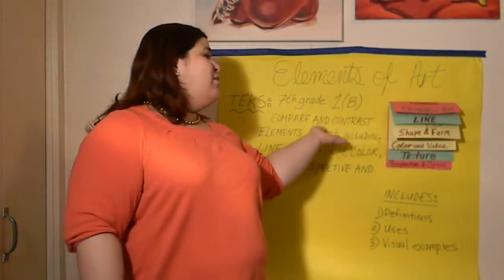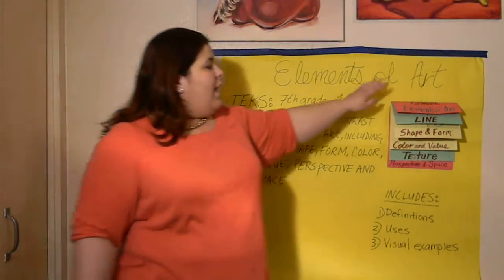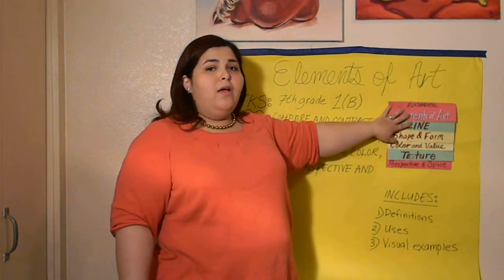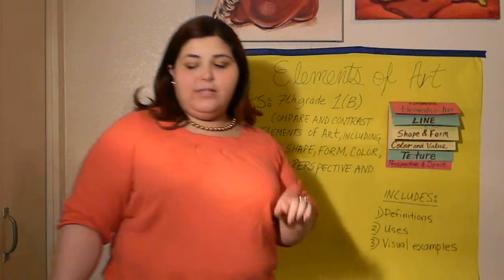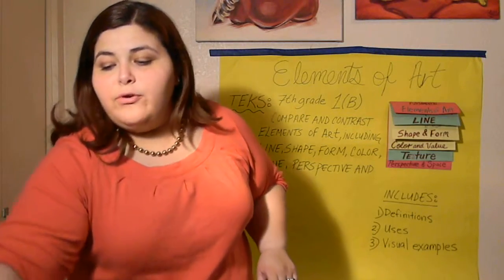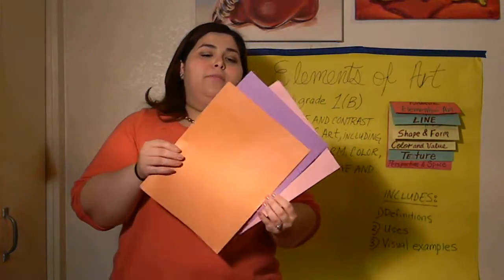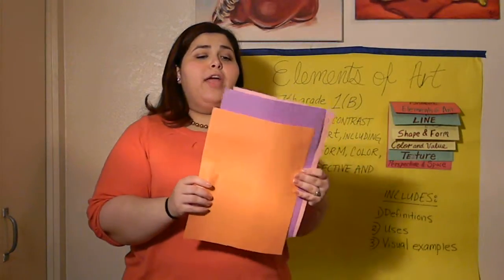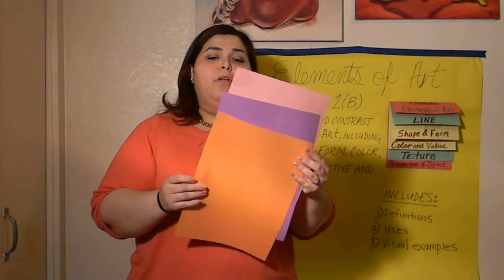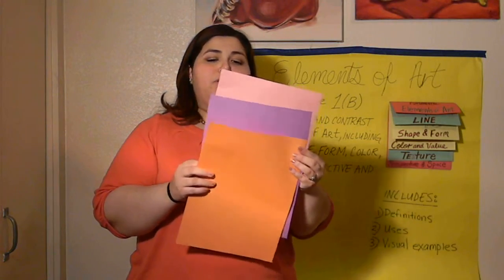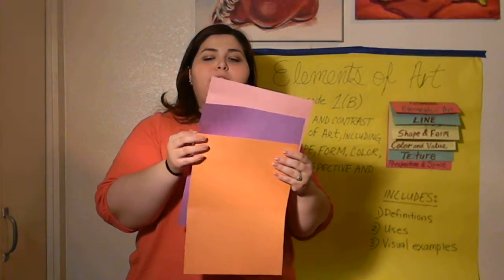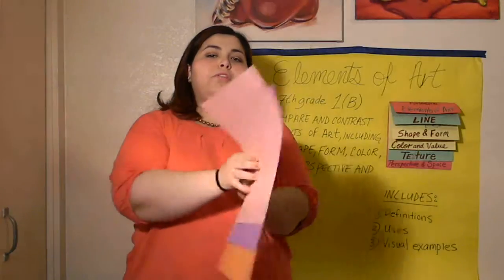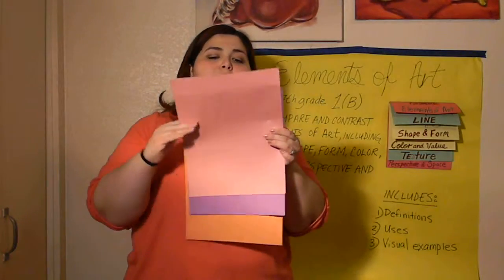Well, if you can tell next to my explanation, I have a handy little foldable. This foldable can be created easily. You start off with 3 different construction sheets. Usually different color works better. Then you separate them about 2 inches apart each. After you separate them and line them up, you're going to fold them in such a way where you can